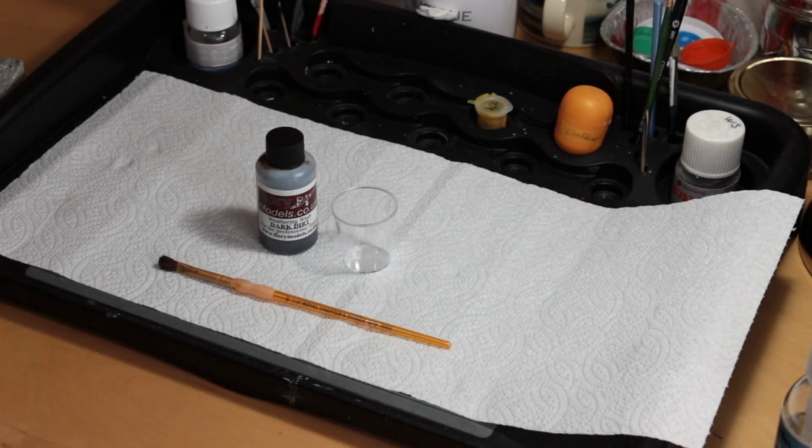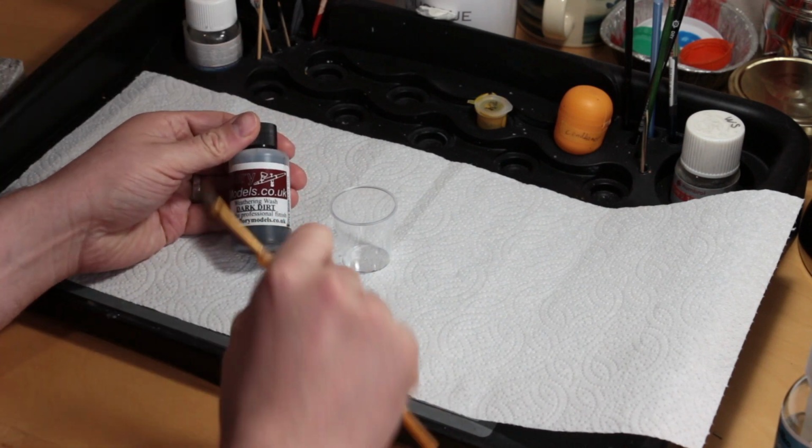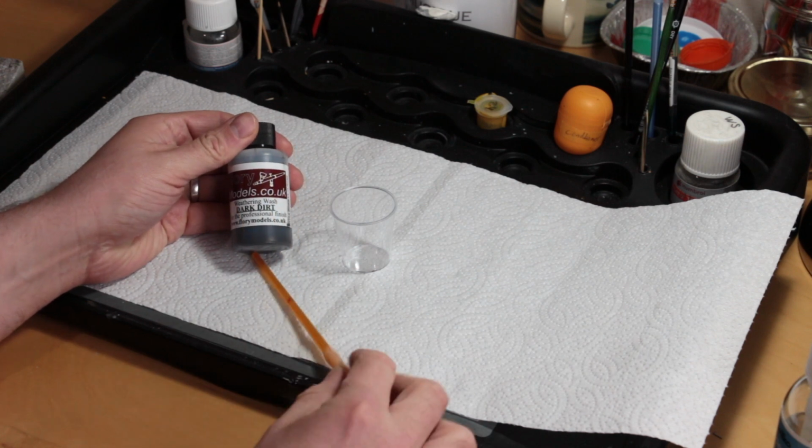So first thing I'm going to do is get the camera pointing back down at the bench. I'm going to try and use the two cameras again, so one from that angle and one from the top view, and we will get cracking with the application of the clay wash. So guys, weathering. There's so many different types of ways of weathering, and it is a multiple step process really. For myself, I almost always exclusively start with a clay wash,